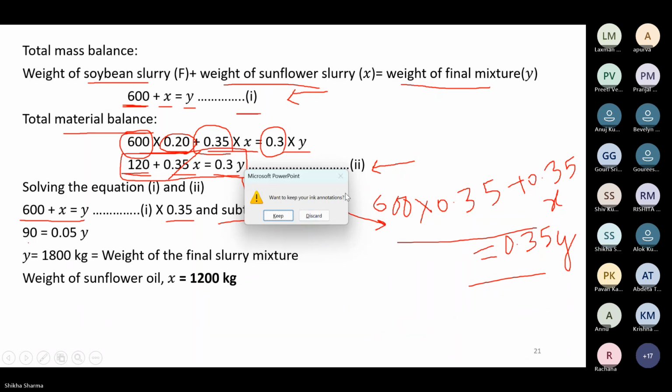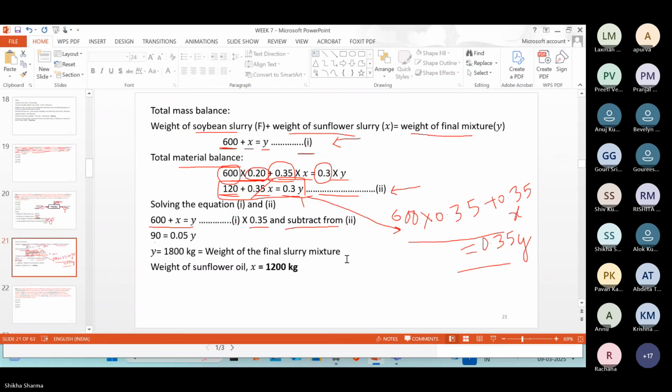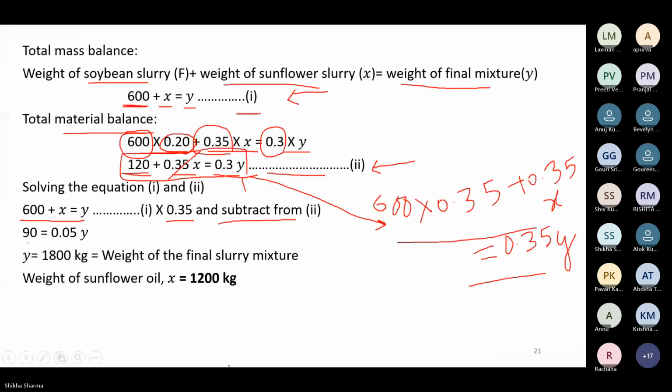Yes, ma'am, 210, right? So 210 this side, right? 0.35x is going to cancel with this 0.35x, and equals to